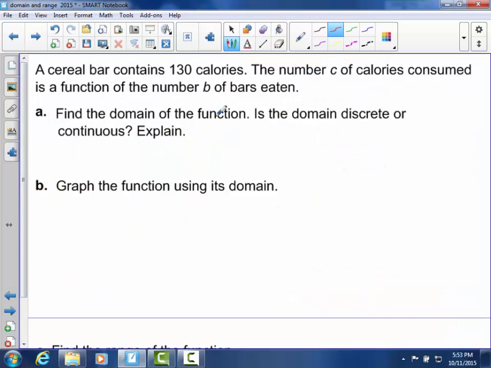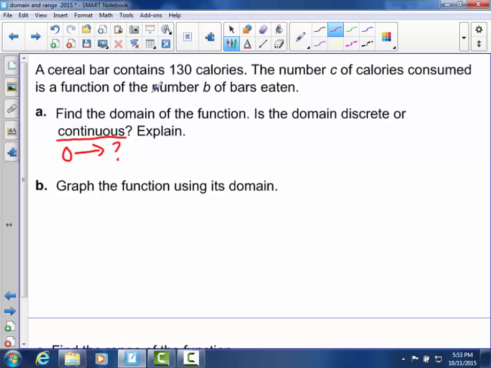A cereal bar contains 130 calories. The number C of calories consumed is a function of the number B of bars eaten. Find the domain of the function. Is the domain discrete or continuous, and explain. All right, so a cereal bar, number of bars eaten. Well, this one, I would argue that it's going to be continuous because you can eat parts of bars. You could just nibble a tiny, infinitesimal amount. So I'm going to call it continuous and say that you could go eat 0 all the way up to,